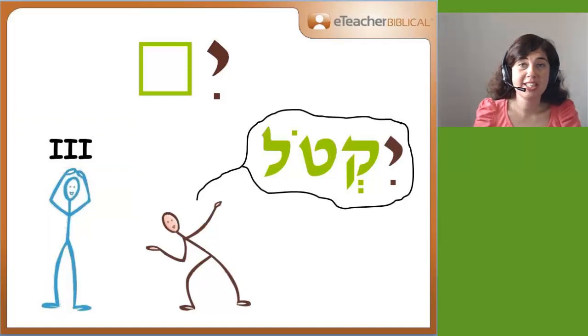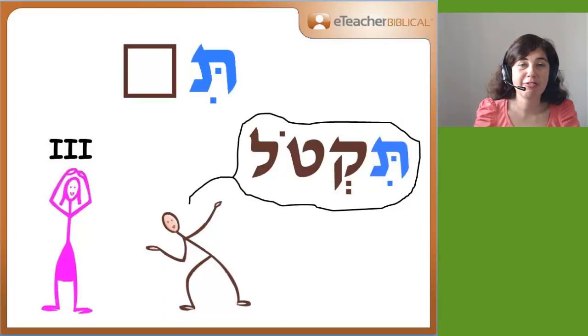We know this yiqtol conjugation also as the prefix conjugation because all the pronouns will take a prefix before the three root letters. So the yiqtol is for today, as I said, future tense. Yiqtol is for who,